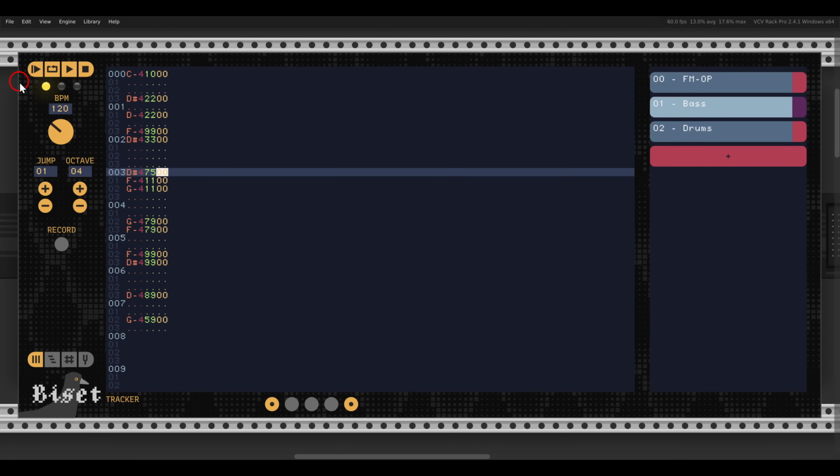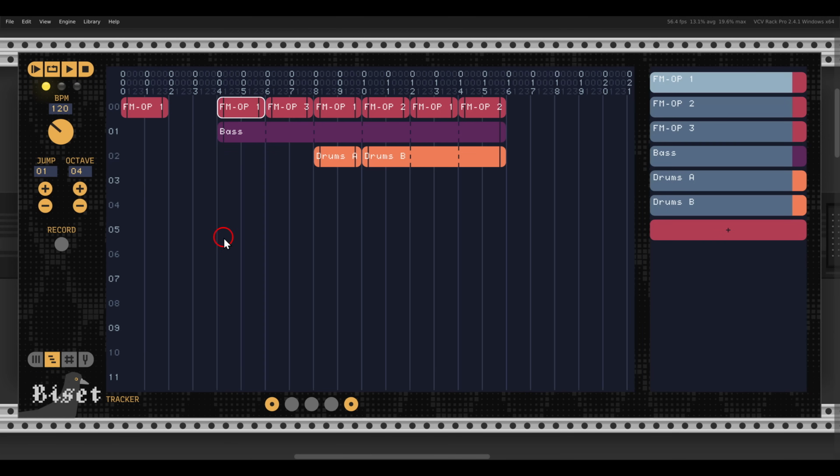So back to the tracker. In its core, a tracker is basically a sequencer like any other sequencer, but it has a few interesting features. For example, we have patterns, we have a sort of a timeline here that we can use to create whole arrangements. I can either play one pattern over and over,